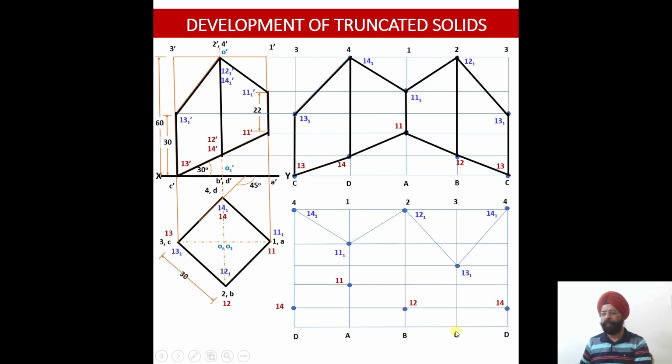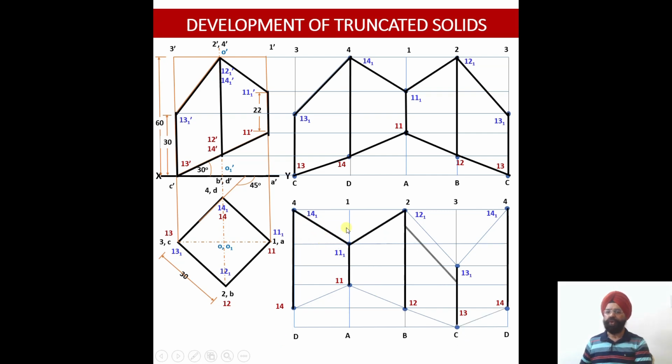And finally the C point, that is 3C. So where 3C has been cut, 3 dash C dash by the second cutting plane. It is cut at a point 13 dash. Where does the projection lie? In the development view, point 13 at the bottom. So please see, point 13 at the bottom line. So the last point has also been located. Now join the various points, and once you join, now I can show you the remaining portion of the pattern